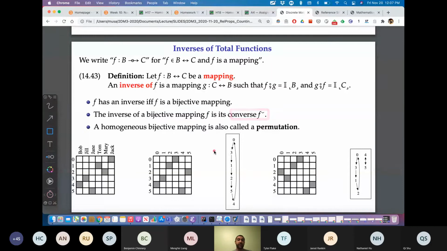Okay, and you've seen these for matrices before. These are permutations of the identity matrix. So take the identity matrix, which is just zeros everywhere and ones down the diagonal, and then just shuffle the columns around, and that's a permutation. Or if you think of a graph with a bunch of circles, right? So here's one circle, and if there's other circles around or cycles, then that one's also a bijective mapping.